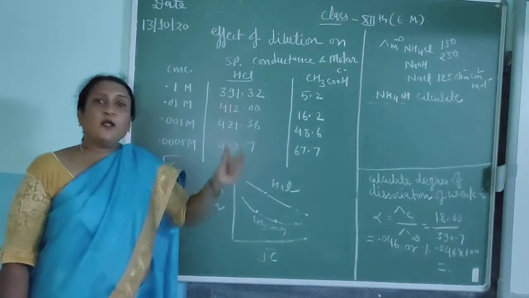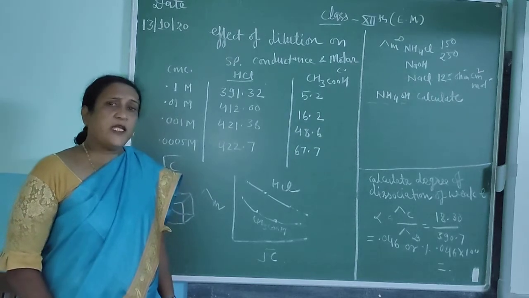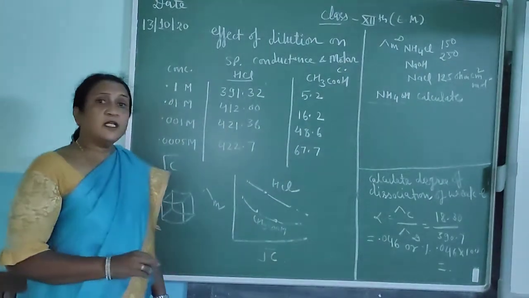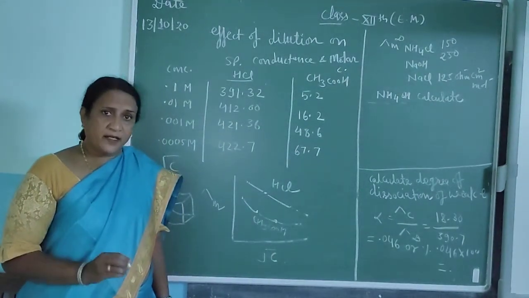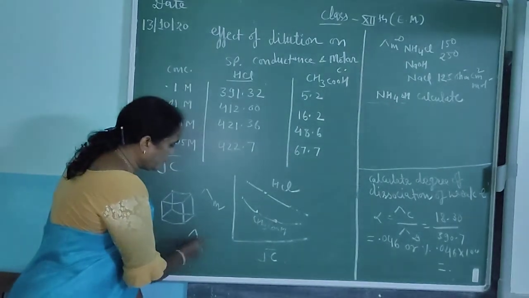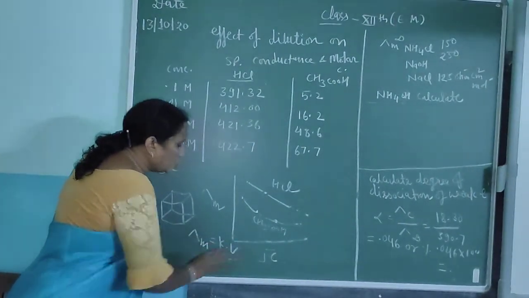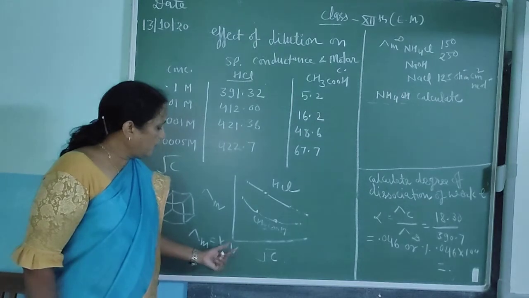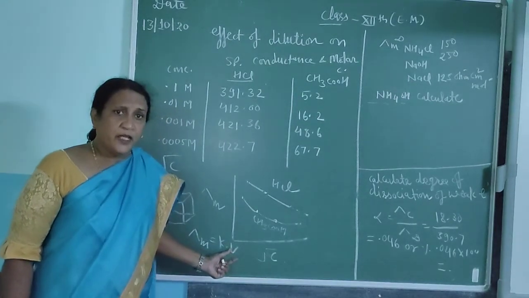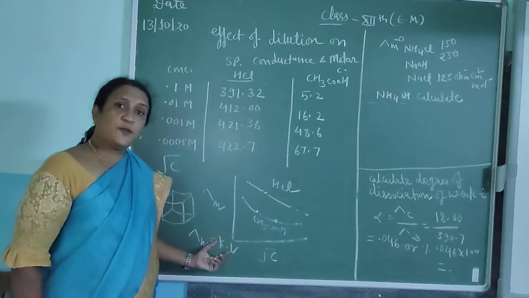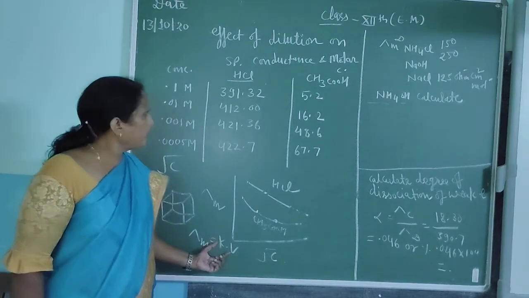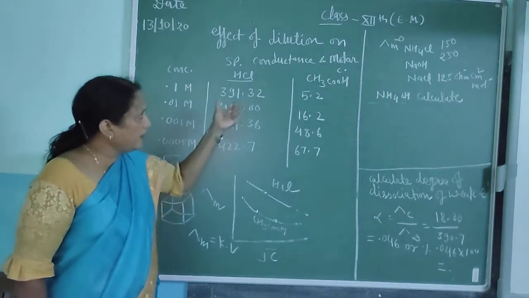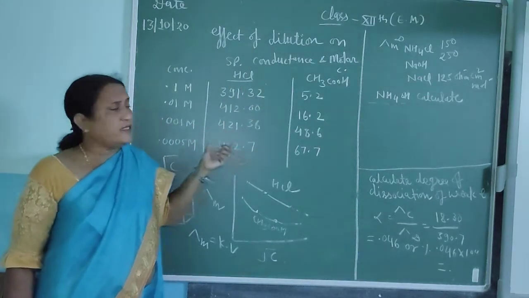But when we talk about molar conductance as well as equivalent conductance, they are the multiplication of specific conductance and volume. I already gave you the formula, that is K into V. So no matter that specific conductance is decreasing, we are continuously increasing the volume, and due to that the multiplication of specific conductance and volume will be more. Continuously, molar conductance as well as equivalent conductance increases.